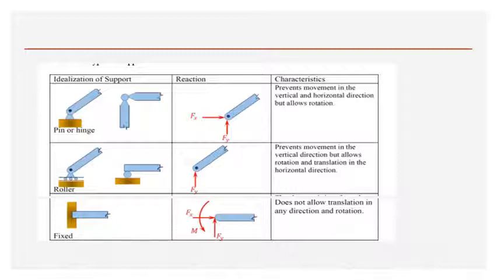The next is the fixed support. Fixed support offers restriction to all kinds of motions, both linear and rotation. It does not allow the body to move either horizontally or vertically. Along with that, it does not allow the body to rotate also. Hence, the fixed support offers three reactions: horizontal direction, vertical direction, and the rotational direction. Depending upon the type of the supports, you have to draw the reactions in your free body diagram. So let's solve some problems.